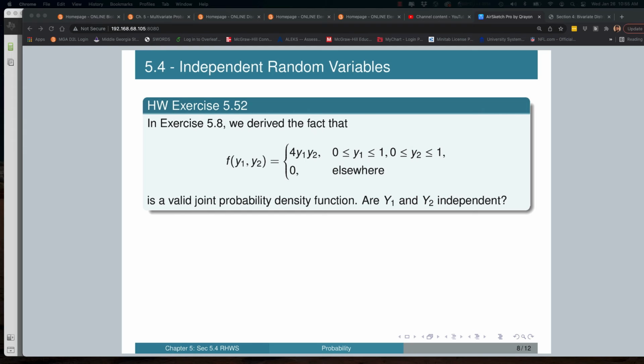Okay, let's move on to the next one, which is exercise 5.52. So this is probably familiar looking, our joint probability distribution function for y sub 1, y sub 2, where y sub 1 is between 0, 1, and y sub 2 is between 0, 1, and 0 elsewhere. And then they're just simply asking, are y sub 1 and y sub 2 independent? I'm going to invoke theorem 5.5 here because we can get away with it. So from theorem 5.5,